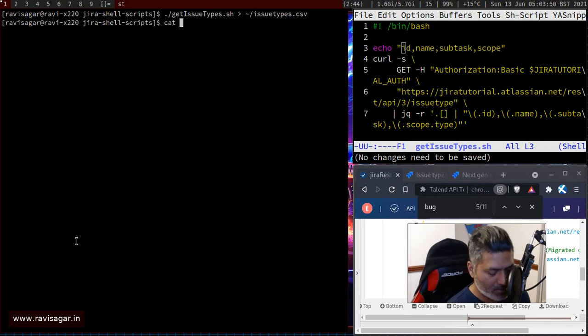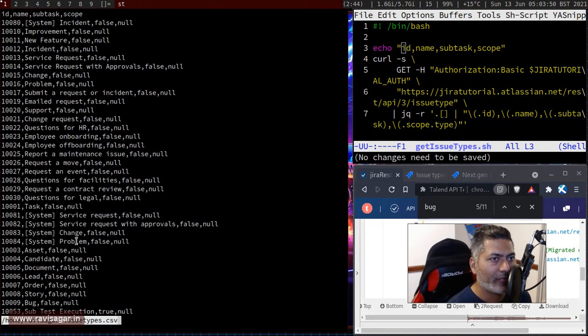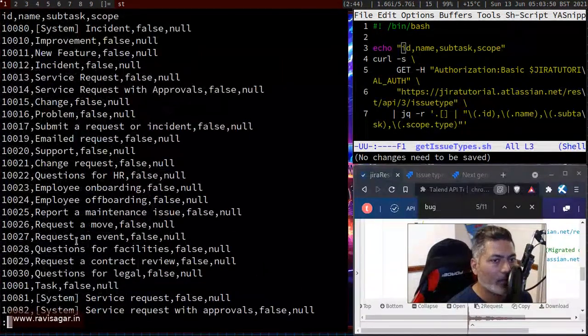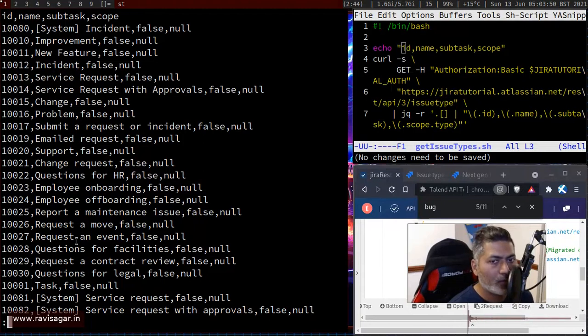But if you take a look at the file here, this file can easily show you the list of issue types that we just fetched, and of course we can use this to maybe analyze it or maybe send it somewhere. And of course, this is just one example to fetch this list.